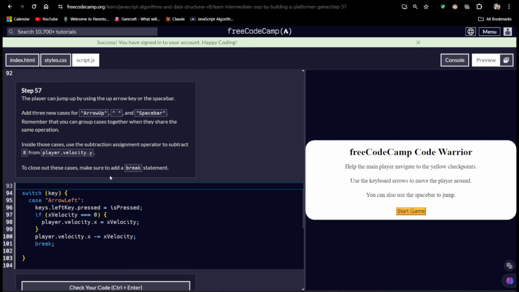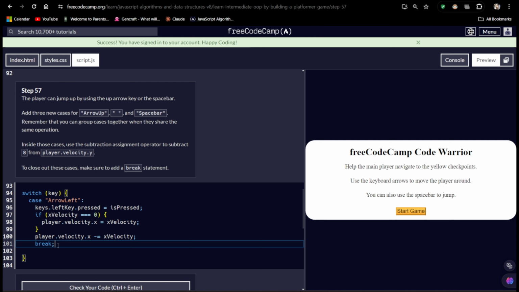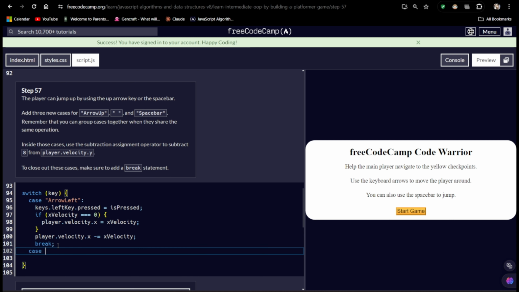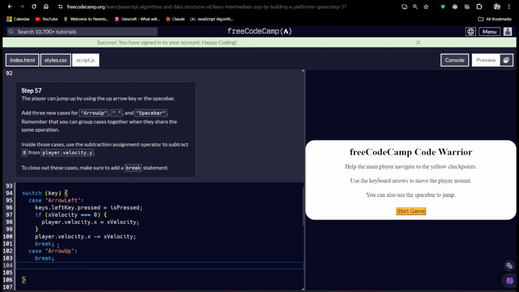The player can jump up by using the up arrow key or the space bar. Add three new cases, rather, the arrow up and the string and the space bar. So we would have to add new keys such as this, but in our case it would be a new key called arrow up. If the arrow up is pressed, of course, break statement and a new key for the